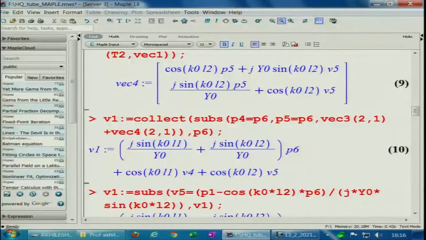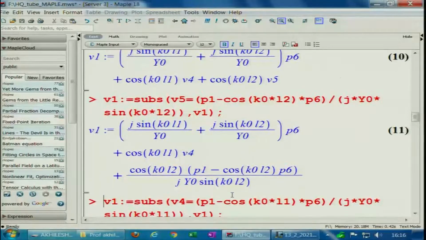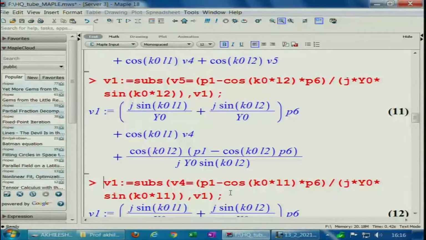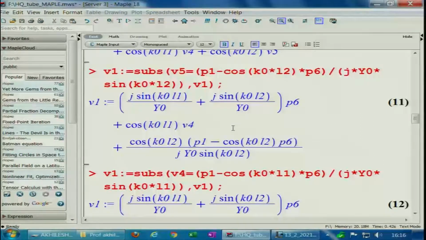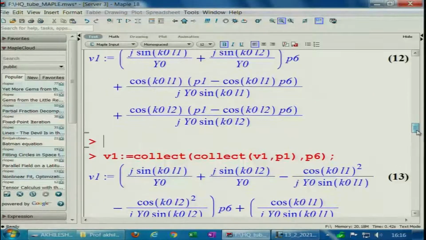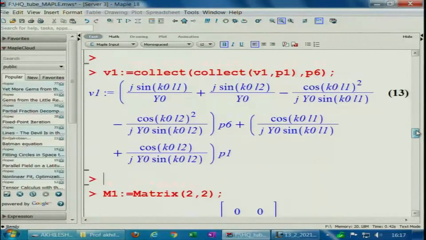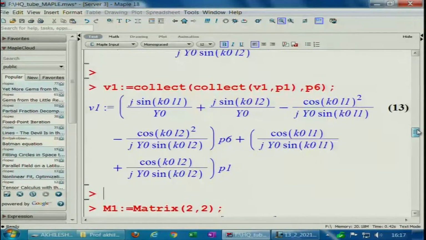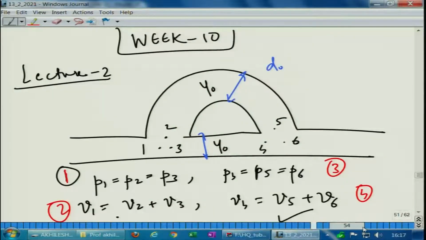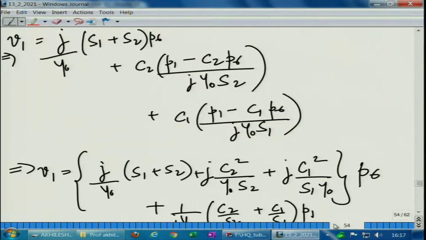So, we are defining V1 like this here and substituting all this expression, like the one that I talked about, and then we get this kind of a thing, and then further I guess simplification. So, we get V1 here. Now, we can sort of collect the terms in P1 and P6 and then define a matrix. So, this is exactly the form that you saw somewhere in here, is not it? The only difference is that, well, V1 is equal to P6 and P1, you are seeing this. So, same thing we are getting here.